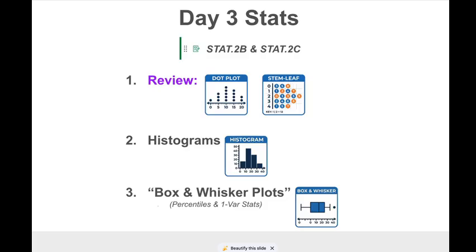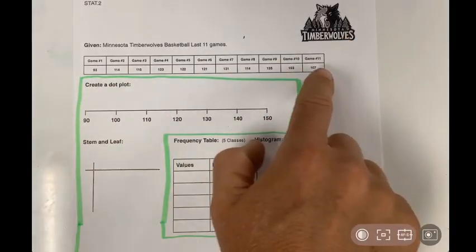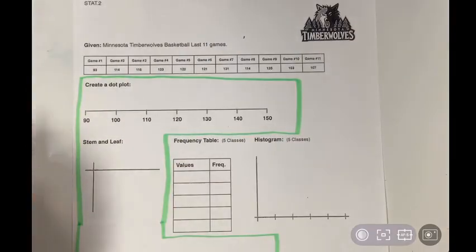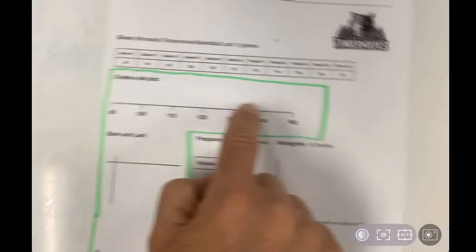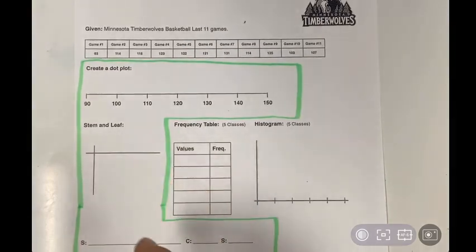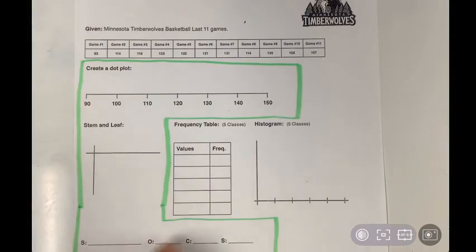So if we could get you to take out your worksheet right now, it looks like this. It has Timberwolves scores of the last 11 games. Well, what I'd like you to do is take your calculator, plug in 11 scores into your calculator, sort the data, and then make a dot plot and a stem leaf plot of your data. Once you've created those two graphs, we want you to analyze what you see and describe the SOCS of that